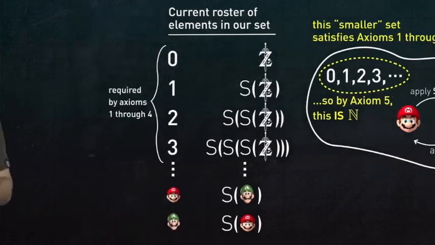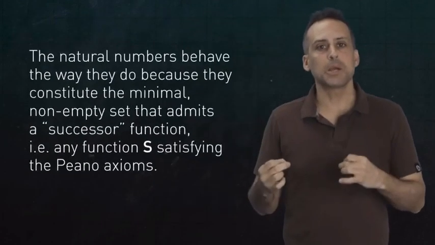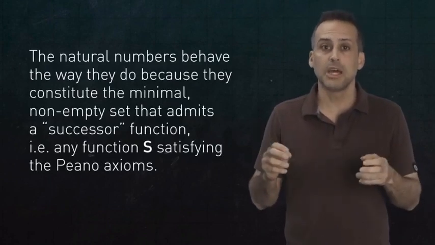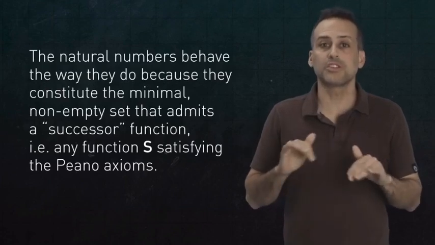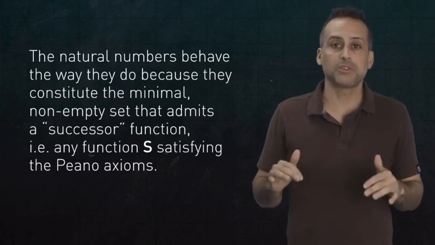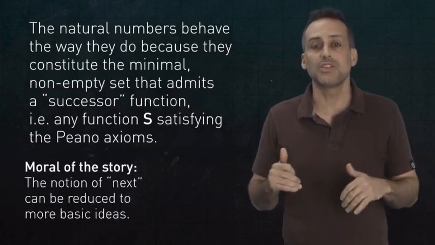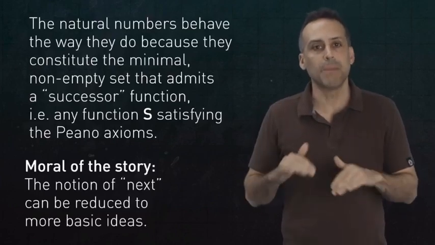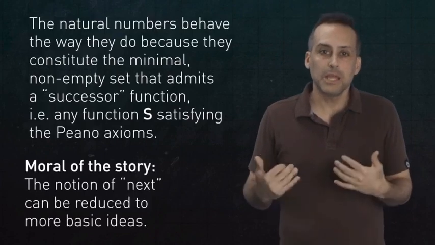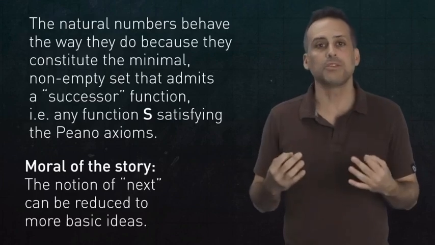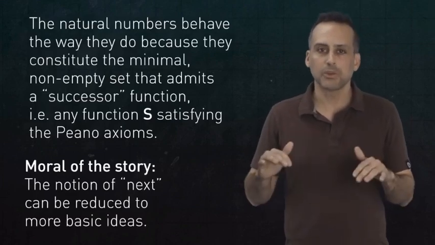So what does it mean to be a natural number? It means membership in a set that is endowed with the notion of successor, or next, and one of whose elements has the privileged status of not being anybody else's successor. Now, the miracle of Peano's axioms, in my opinion, is the revelation that next is not a fundamental concept, that it can be reduced to more basic logical ideas. And to me, the demonstration that this can even be done at all is one of the most beautiful arguments in all of mathematics. Now for some loose ends.